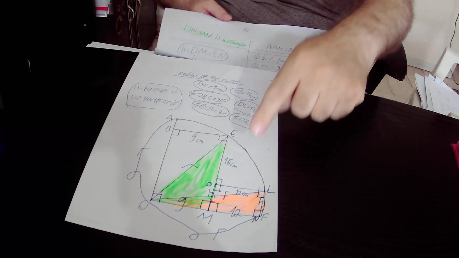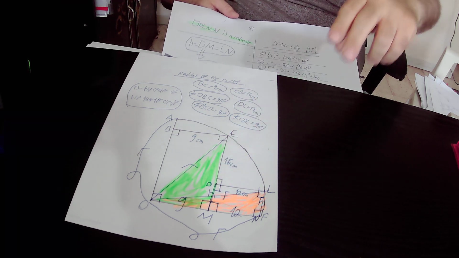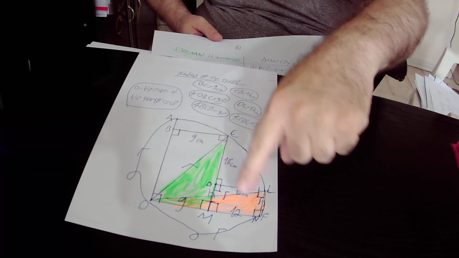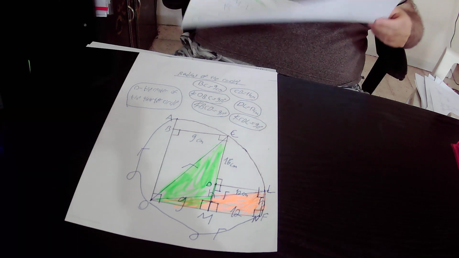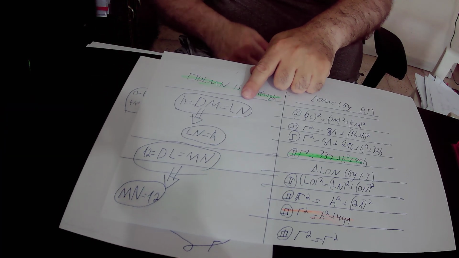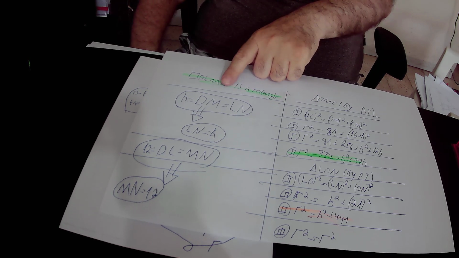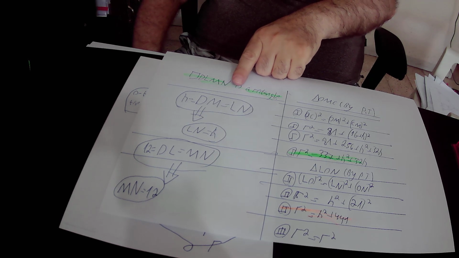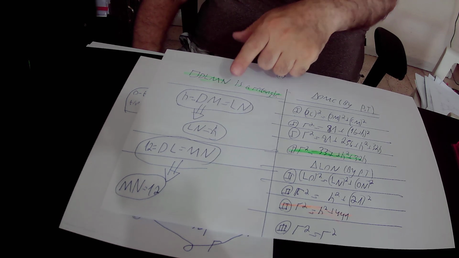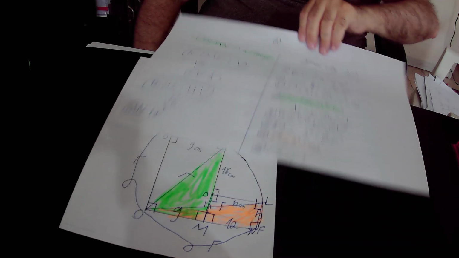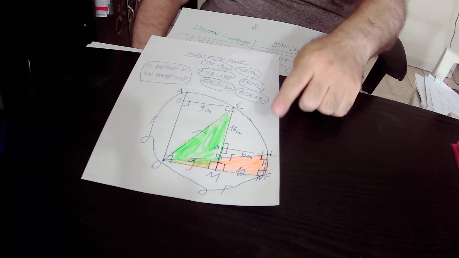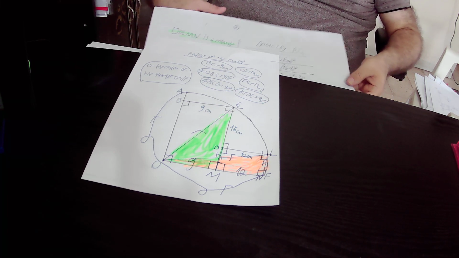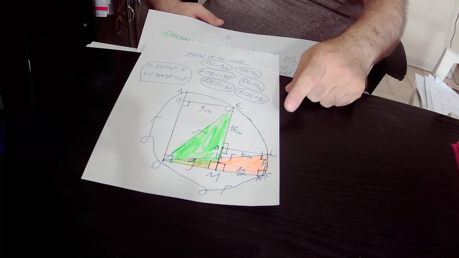Okay, we define side DM as H. So in rectangle DLMN, its opposite sides are equal to each other. That is to say, side DM equals side LN. But according to our definition, DM equals H. And from this equation, H equals DM equals LN, we derive that side LN is also equal to H. Likewise, according to the same rule that the opposite sides of a rectangle are equal to each other, in rectangle